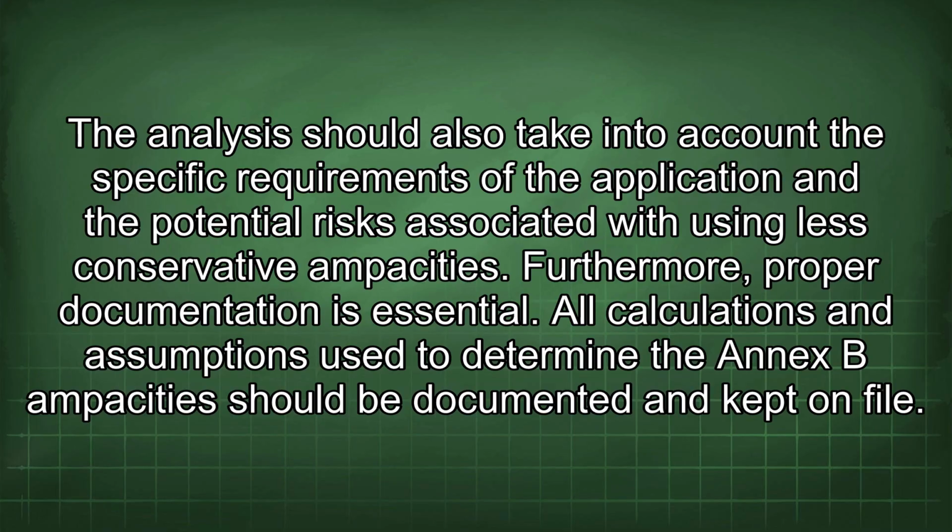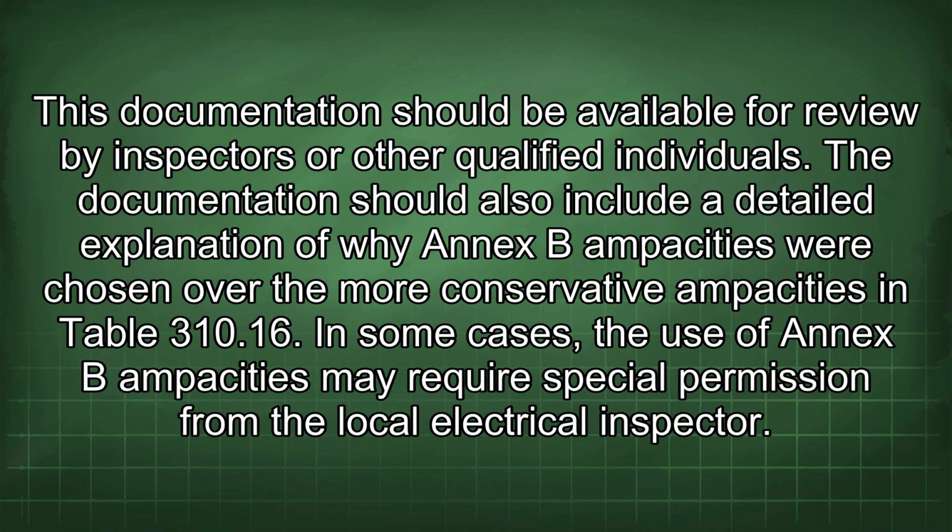Furthermore, proper documentation is essential. All calculations and assumptions used to determine the Annex B ampacity should be documented and kept on file. This documentation should be available for review by inspectors or other qualified individuals. The documentation should also include a detailed explanation of why Annex B ampacities were chosen over the more conservative ampacities